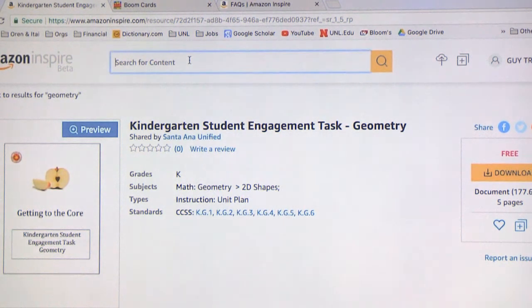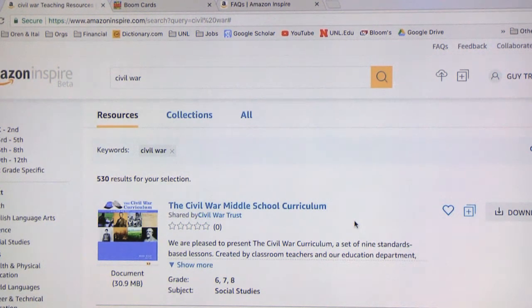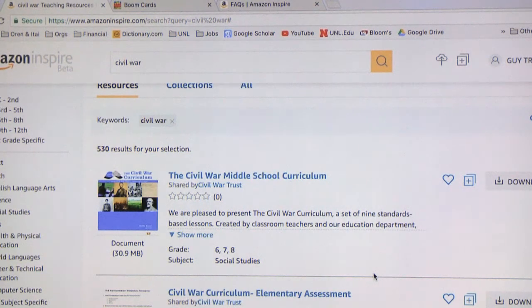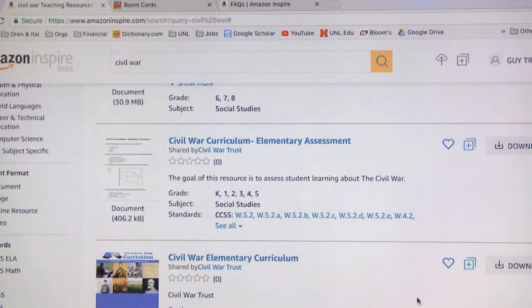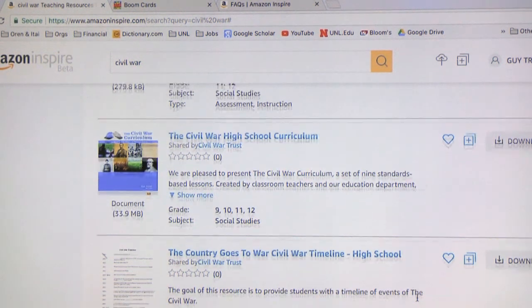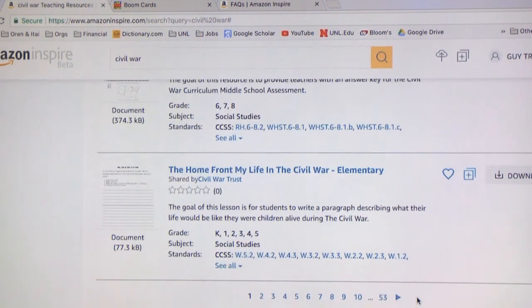Another example might be, let's look for something on the Civil War. So you can see that we've got a series of things. You've got the Civil War Trust contributing to this. So it's a curriculum. You can see that what they've basically done is they've taken curriculum they've had and now they're sharing it. Again, the advantage is you're getting high quality in an easily searchable platform. So you don't have to just wander the internet and Google and wonder where it's from, what it's doing, and all of that. And you can see also that there's different grade levels here. This is from the Civil War Trust, but you can see that after a while you'll get something else.